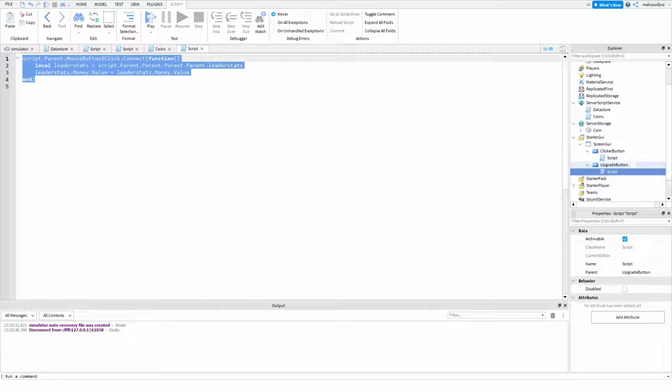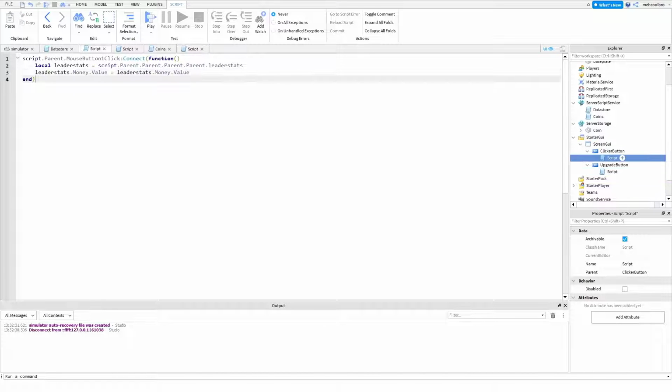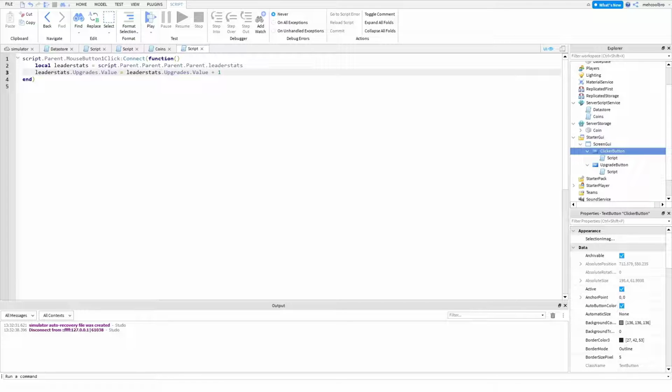Okay. Now that we have that in, we can actually make this so that it is for upgrading instead of getting money. And also I noticed that somehow the +1 got removed, so I'm just going to add a +1. If it's already there for you, then that's good. Okay, let me just do that. So now we're just going to change this to upgrades.value and upgrades.value. And if we had this, it would literally act the same as the clicker button, except it would change